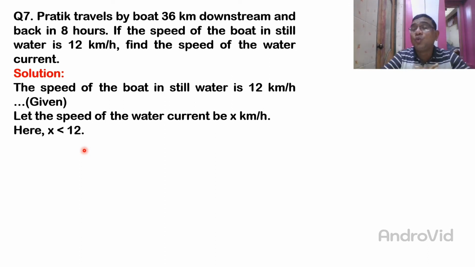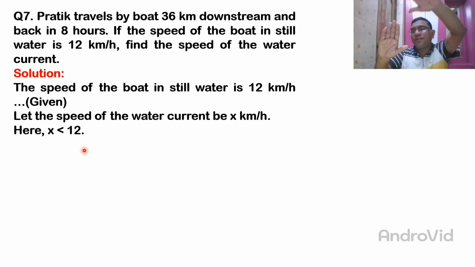Then the speed of the boat is more, because the water flowing direction is the same, so the boat can flow. So the speed of the boat is very fast. But when going upstream, suppose the boat can move upstream, but the water flows in the opposite direction. Suppose this is a boat traveling in the upstream direction, but the water flows in the opposite direction, meaning